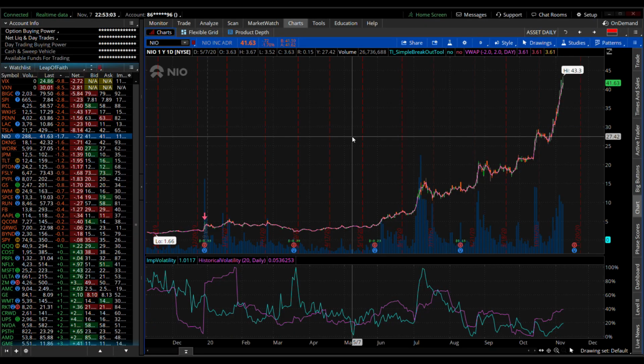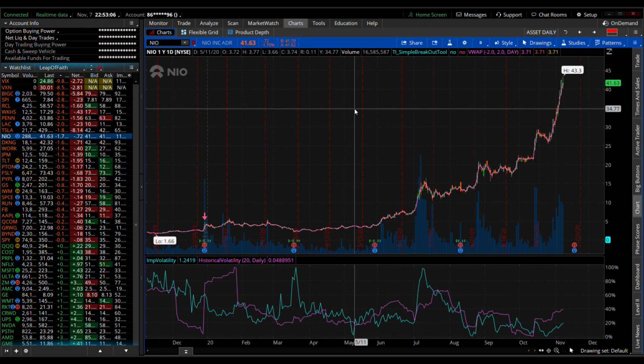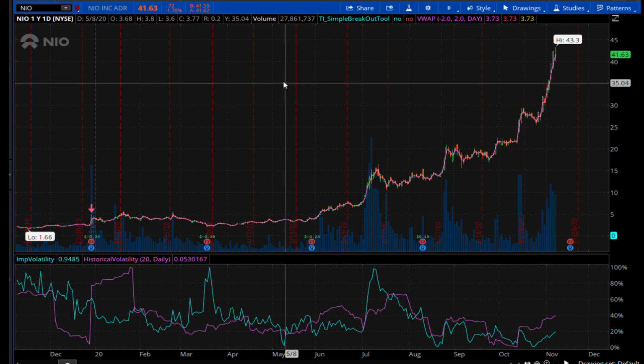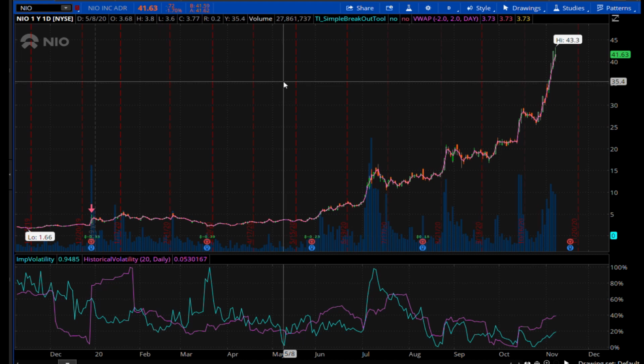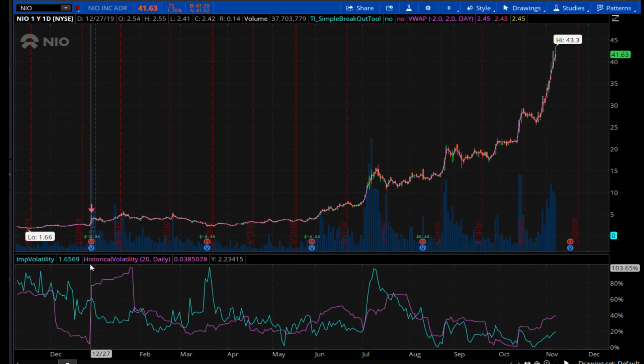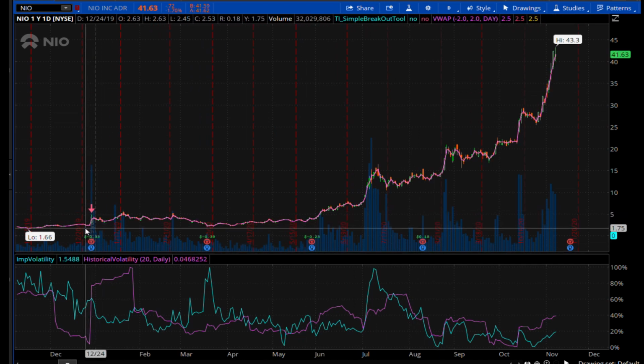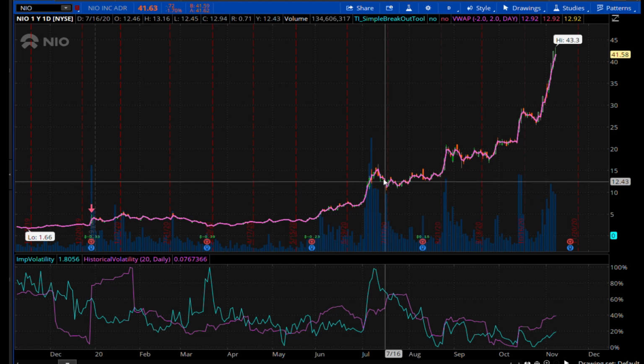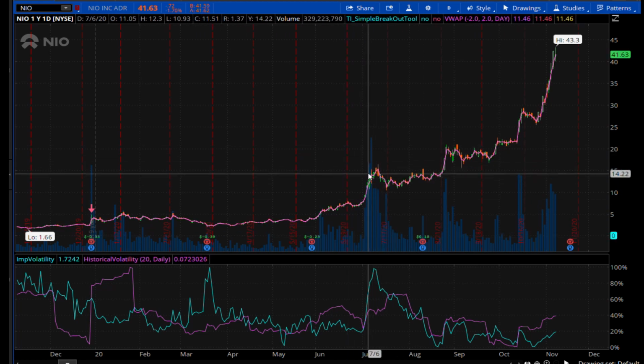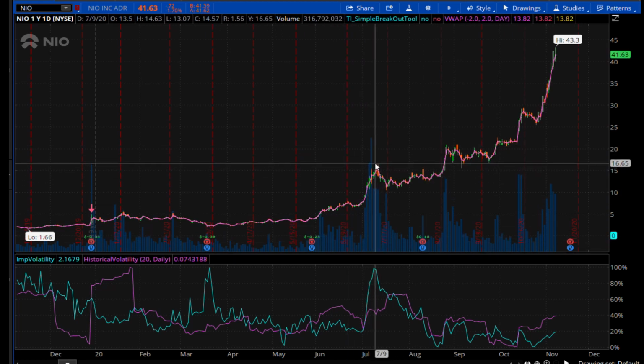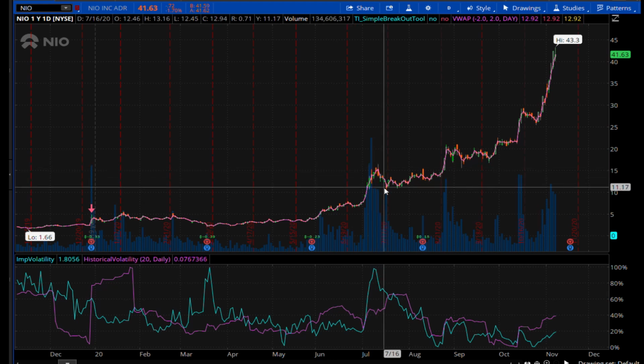Hey guys, we're going to talk about NIO. A few questions raised today were around NIO and a huge trade that transpired in the 50 strike. You can see what the stock has done. Back at the beginning of the year, it was trading at $1 to $2. We actually had a huge spike up with implied volatility, hit $16 and then came all the way back down